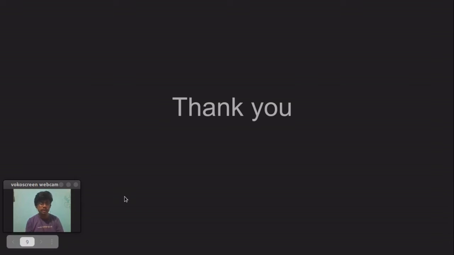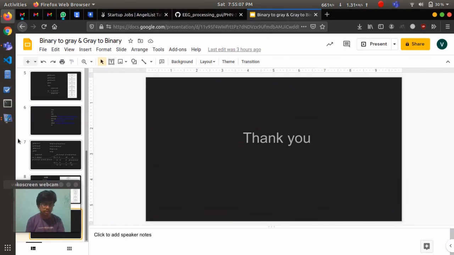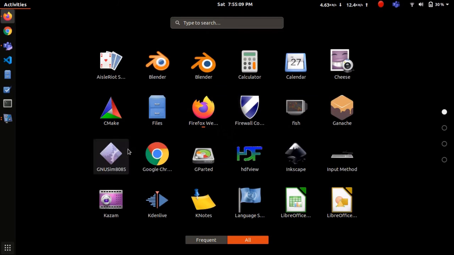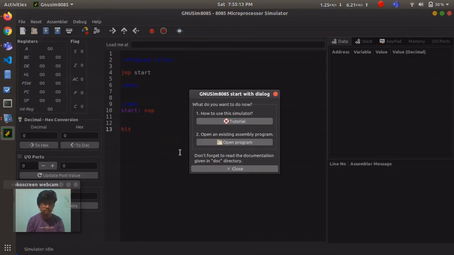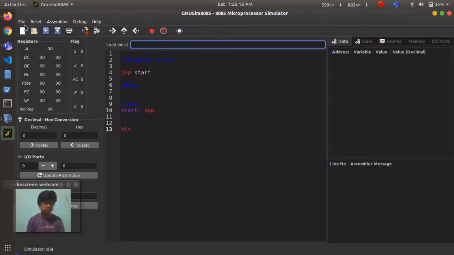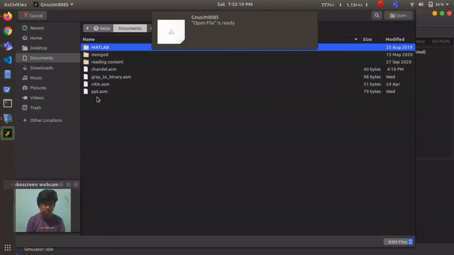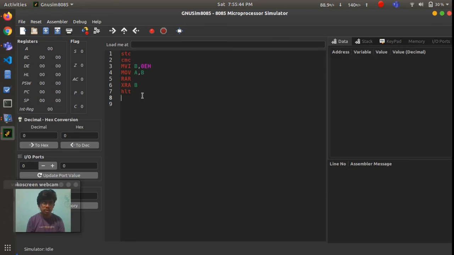Now let's look at the execution of these codes. Here I will be using the GNU 8085 simulator for the execution. So this file contains the code to convert a binary number to gray code.